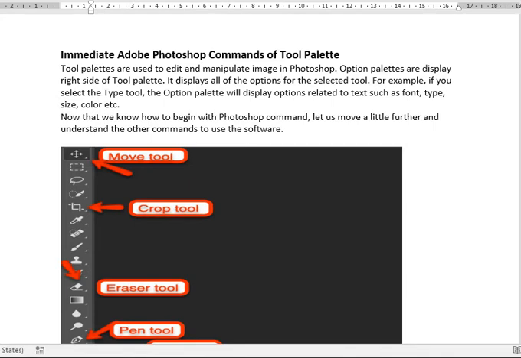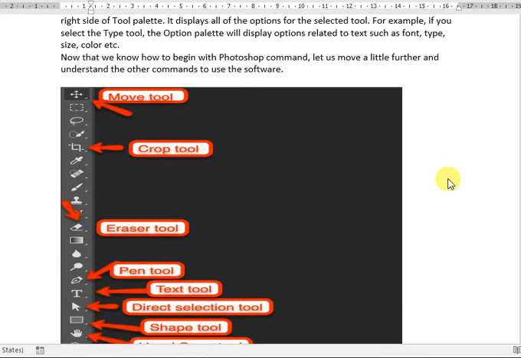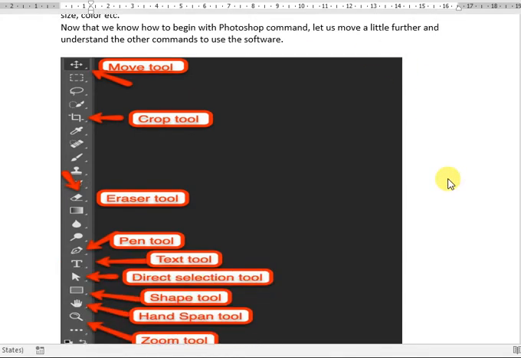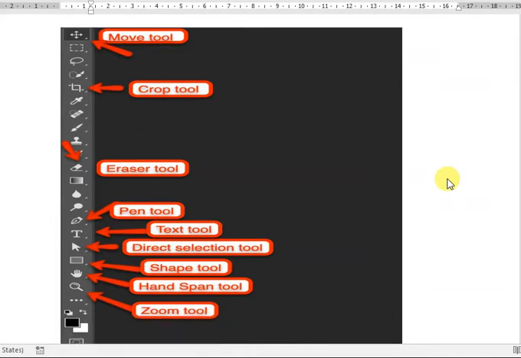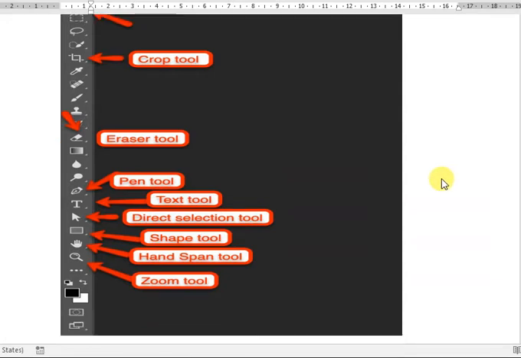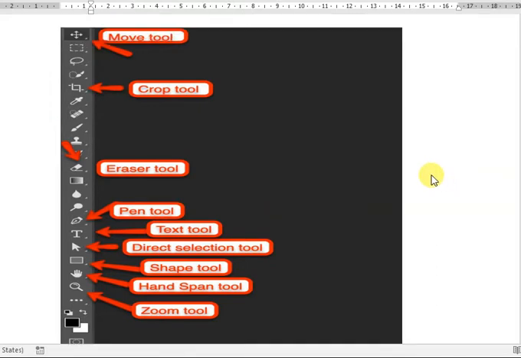Today I am going to explain some keyboard shortcuts, and the tool panel is one of the most important tools for editing photographs in Photoshop. So let us start with some keyboard shortcuts of the tool panel.